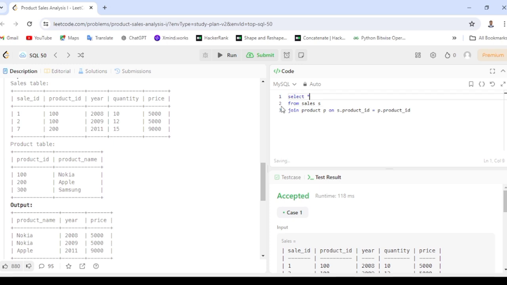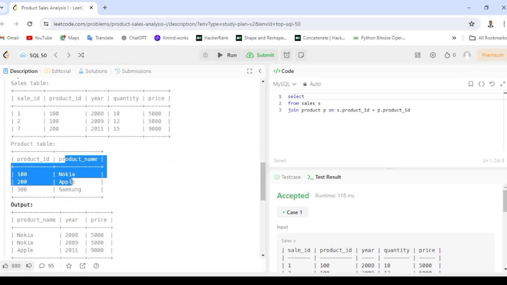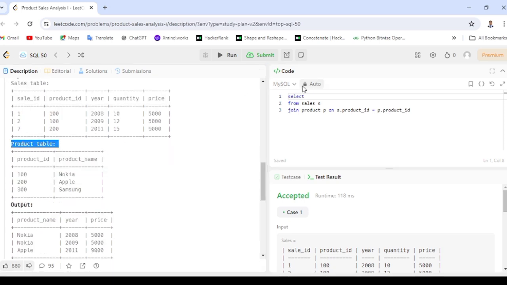So which columns do we want? Here first is product name, so I'm copying this product name column. This column comes from the product table, right? So that's why we need to add P dot product name, comma,